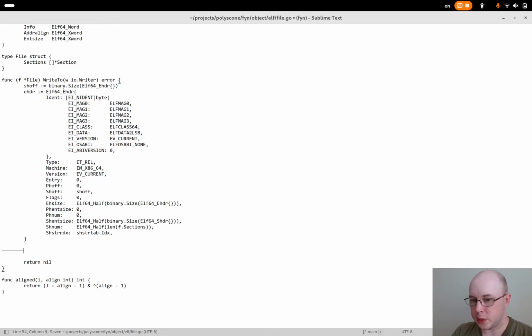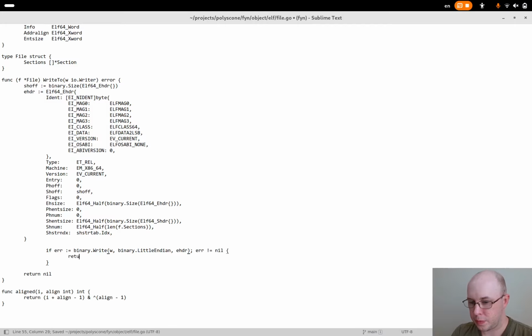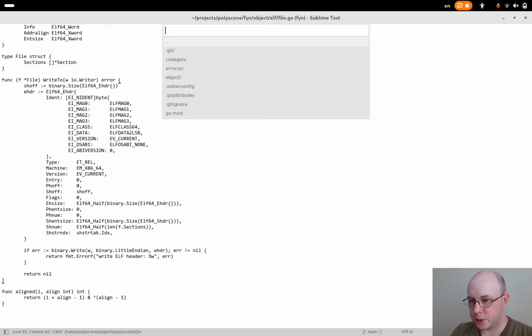And then what we would want to do is, once all of this information has been built up, we would say, for example, if error binary.write, we're going to write into the writer with binary.LittleEndian, and then we're going to write the elf header to begin with. So this was a write elf header, and we'll just wrap the error in there. Perhaps what I should do as well is just create a